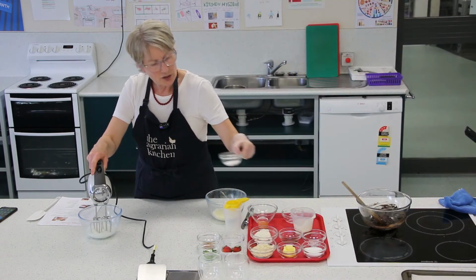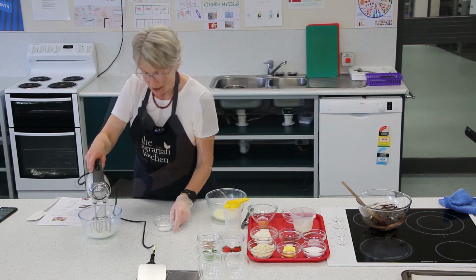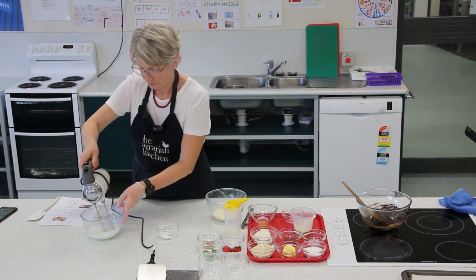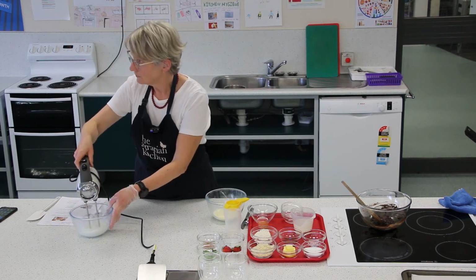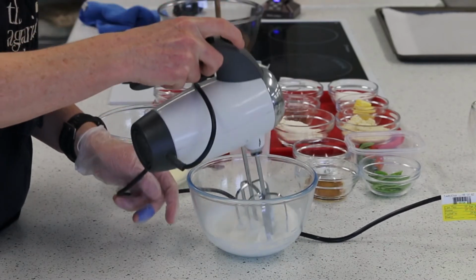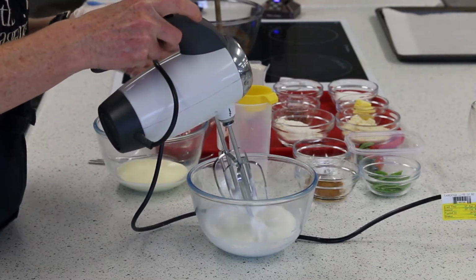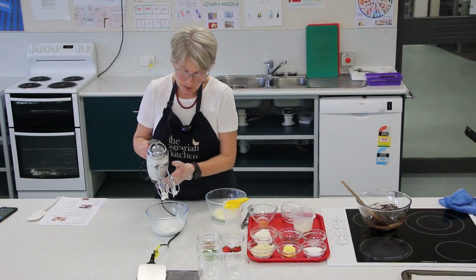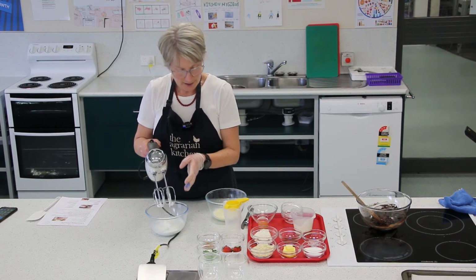So I can start to add the sugar, about a teaspoon by a teaspoon. This is a bit similar to making a meringue. So a little bit in and beat it well. When you've finished beating, that egg white mixture should be smooth and glossy. You can tap the beaters to remove the excess egg white mixture, and then you can straight away start beating